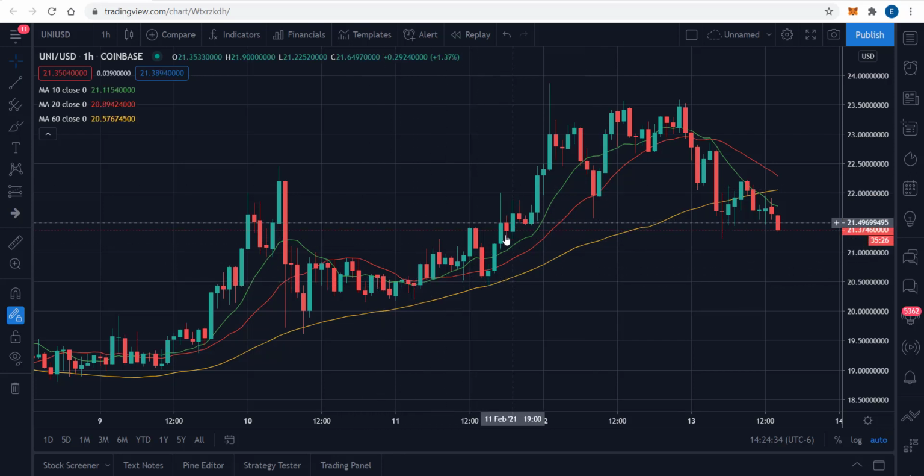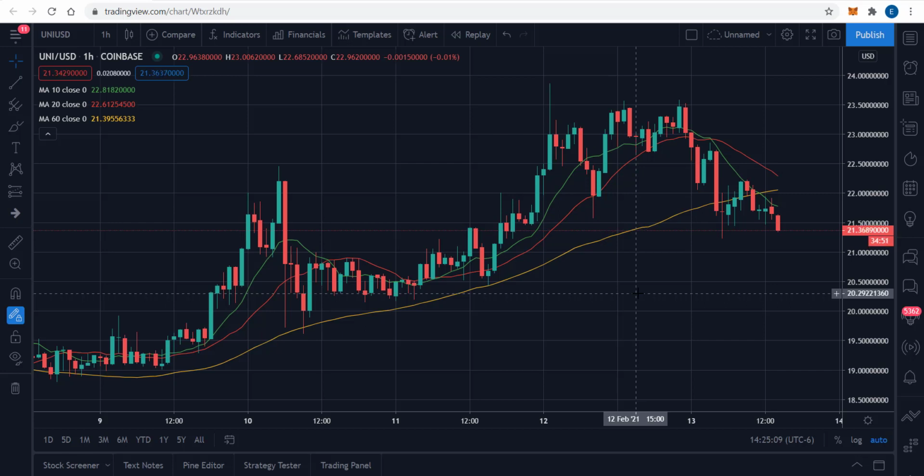But it'd be very easy to chop yourself up in some of these areas, though there are others where it seems like the crossover is of value. So again, you just really have to play around with it and see what really works. And 10, 20, 60 may not be the periods that work for cryptocurrency because they trade 24/7. A 10-day in the equity markets is 2 weeks. It doesn't necessarily have relevance here.